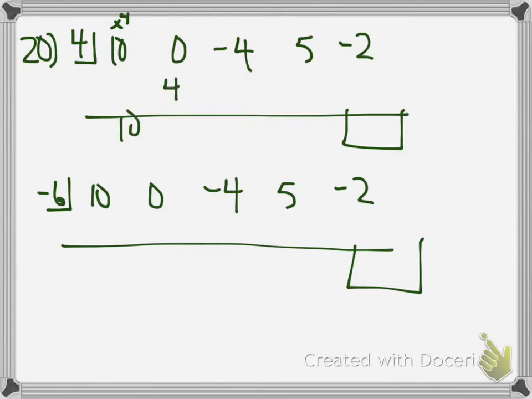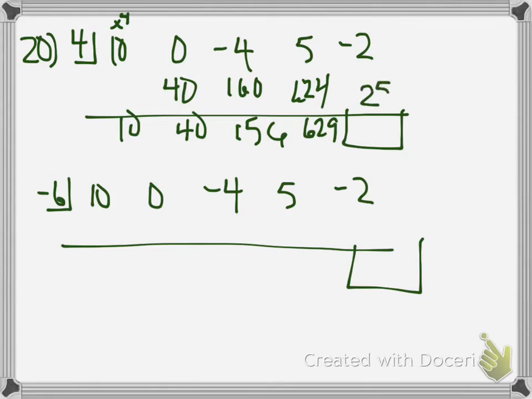Bring down the 10, 40, 40, that's 160. That gives me 156. 156 times 4 gives me 624. That would be 629. 629 times 4 gives me 2,516. Subtract the 2 and I get 2,514. So G of 4 was equal to